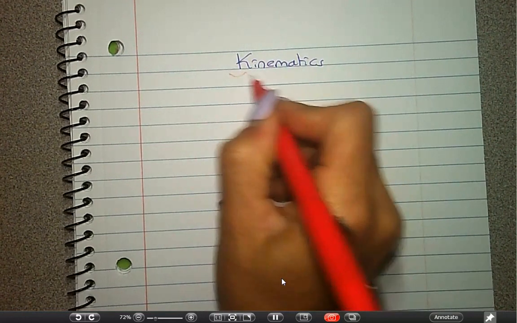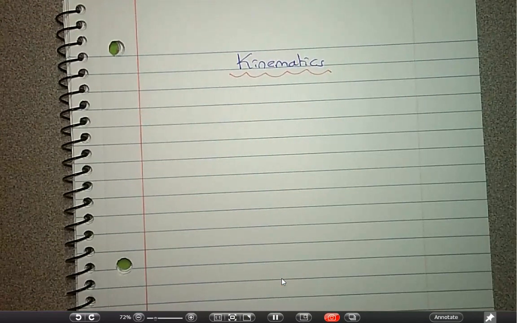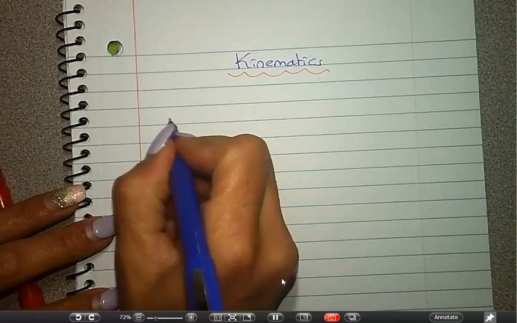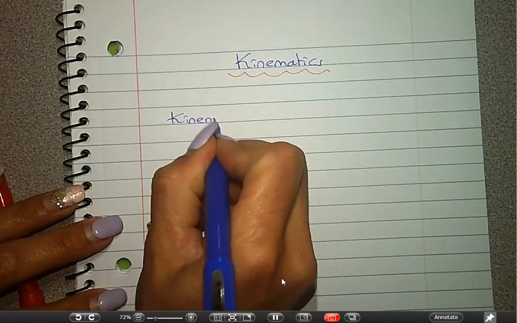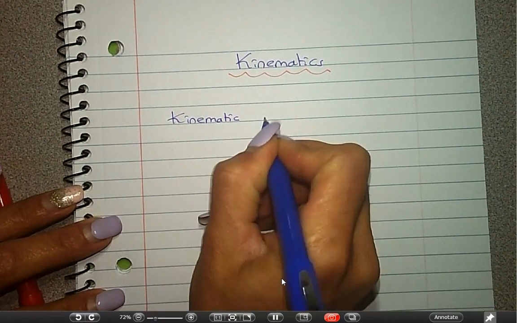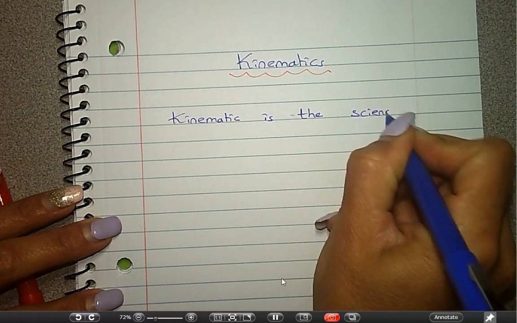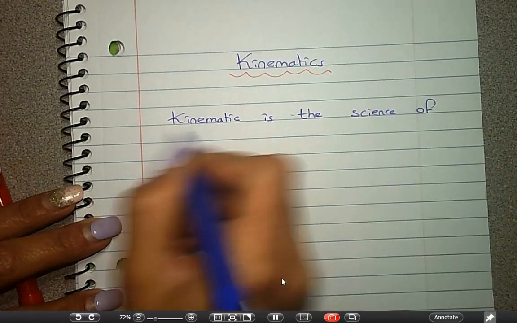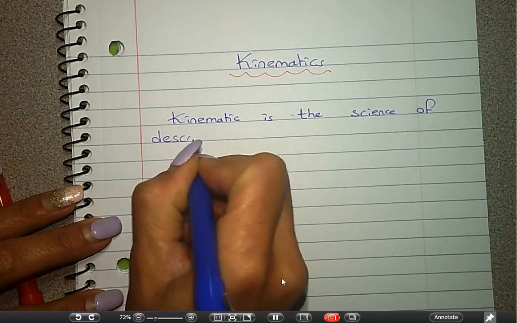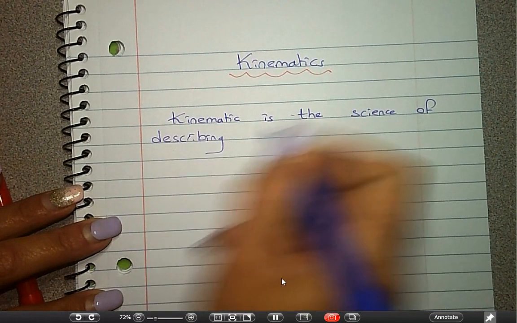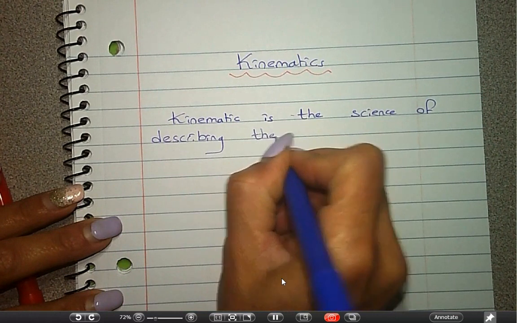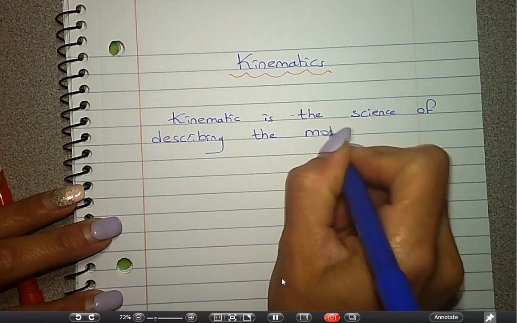The kinematics is the science that will describe motion. So in other words, in this unit, we will be learning about... So let's write this down. Kinematics is the science of describing the motion of objects